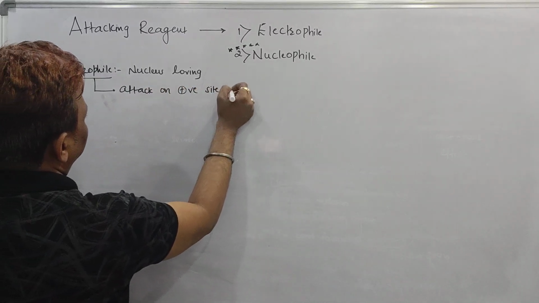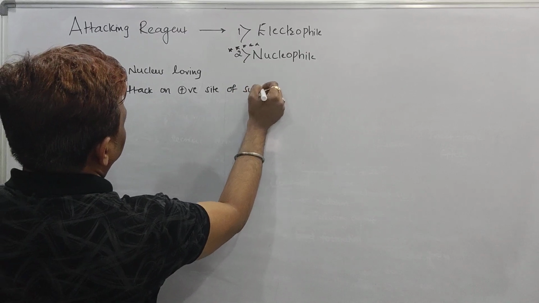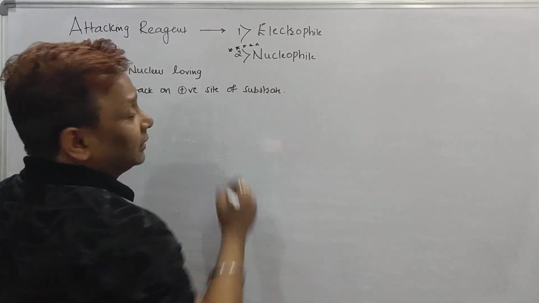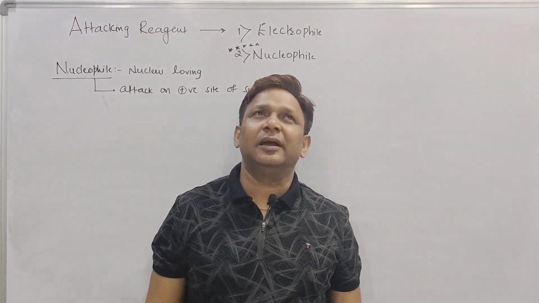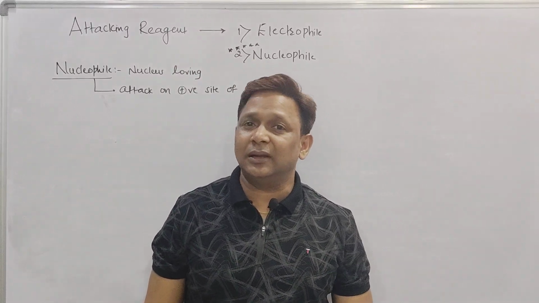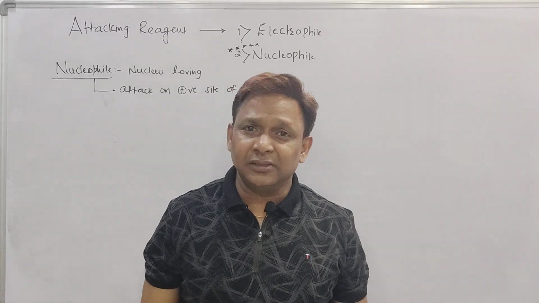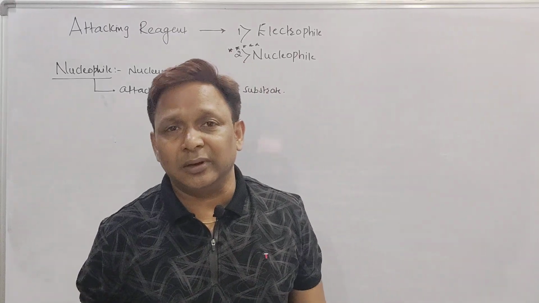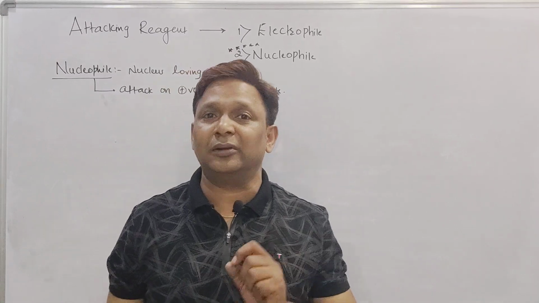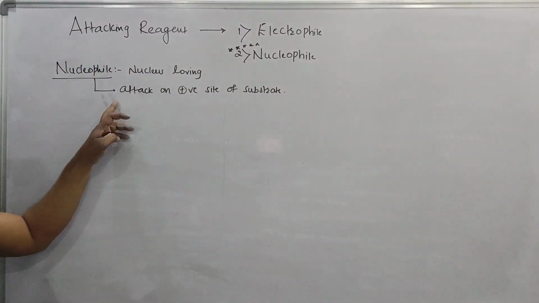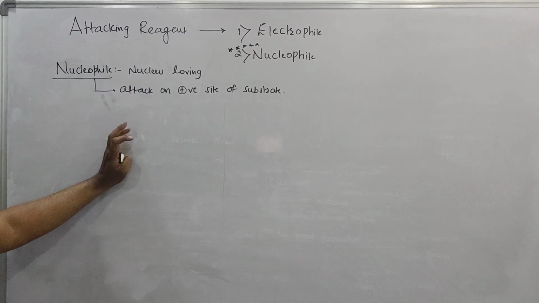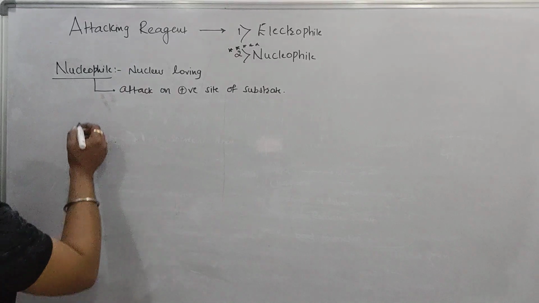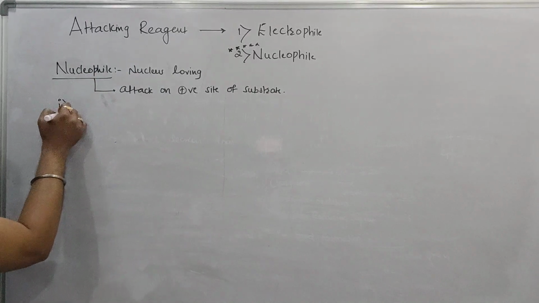In my previous video I told you that a low reactive reactant is called a substrate and a high reactive reactant is called an attacking reagent. Which part of the substrate can the attacking reagent attack? It can attack the positive part of the substrate. So it is nucleus loving, attacking the positive side of the substrate, right? It may be negatively charged, it has a lone pair of electrons and a tendency to donate it. So these nucleophile types I will tell you, beta.